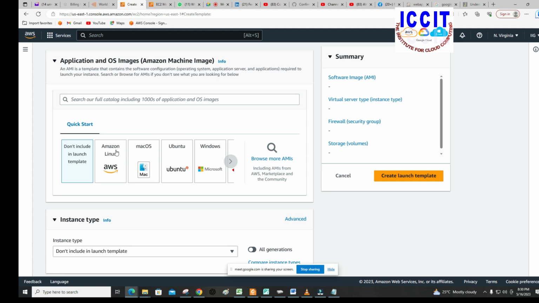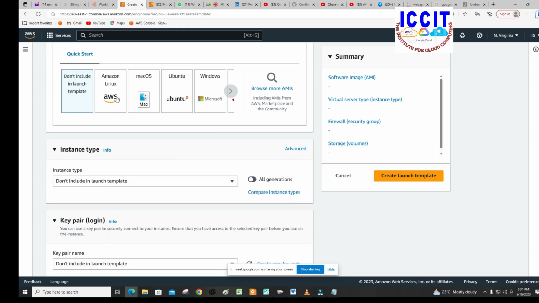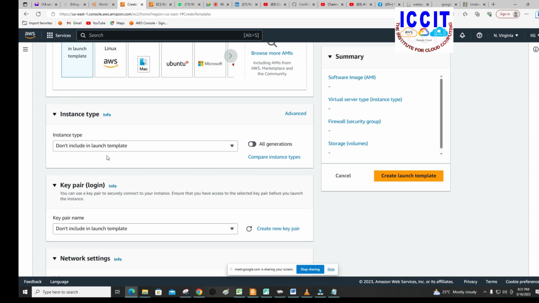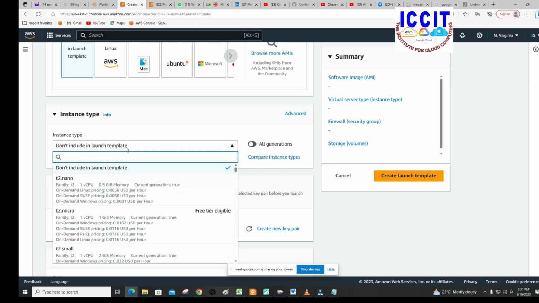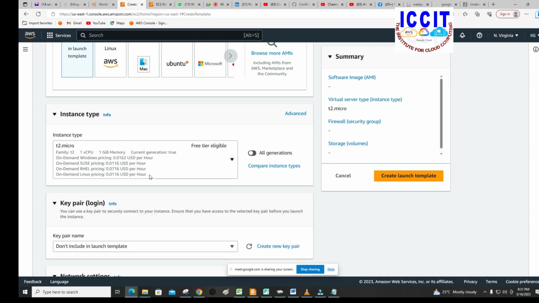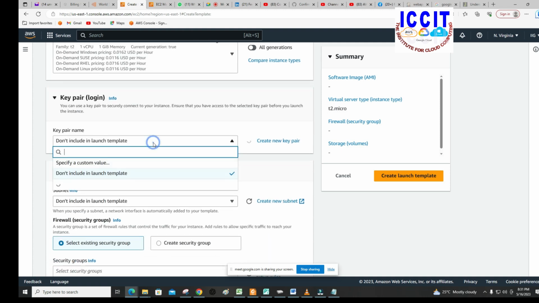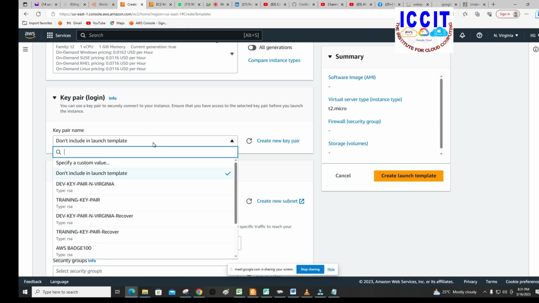Now let us do one thing. Choosing a particular server will not be good. A particular AMI will not be good. Let us not include a server in. That is the only thing we are going to be doing when we are launching our template. Is when we launch a template, we will choose a particular AMI. Okay, so we take T2 micro, key pair, choose our key pair,